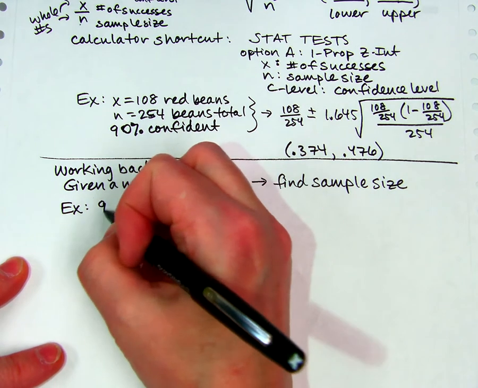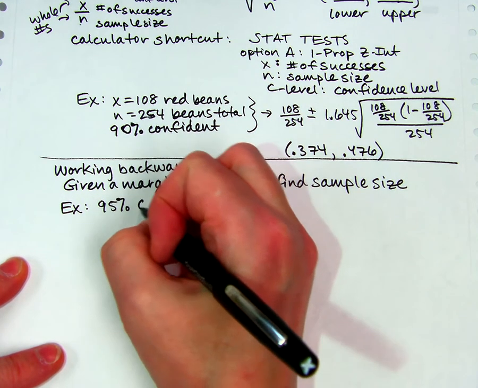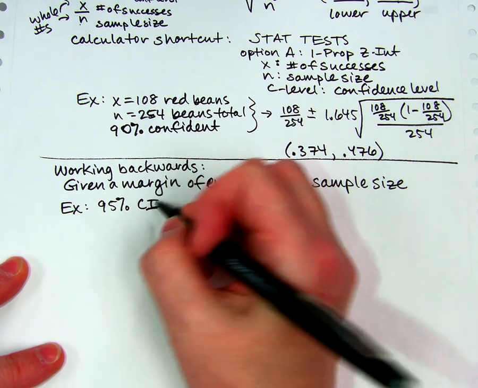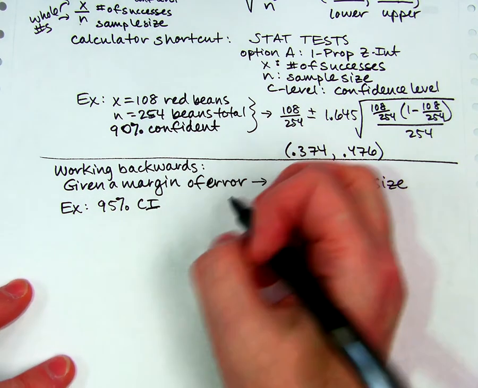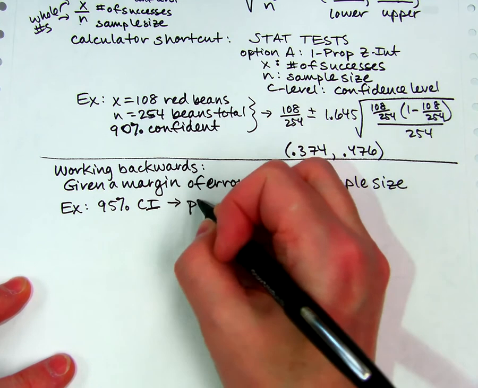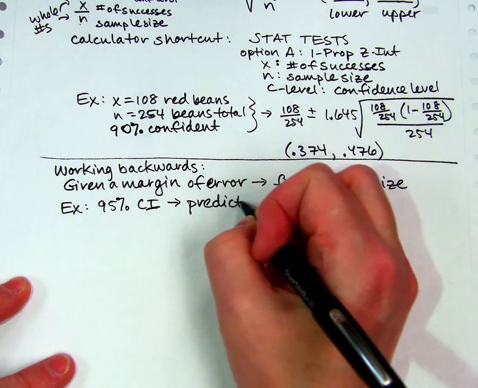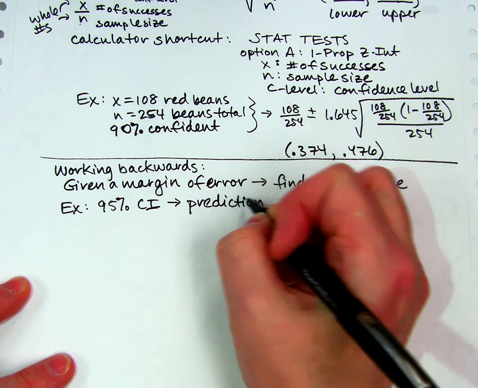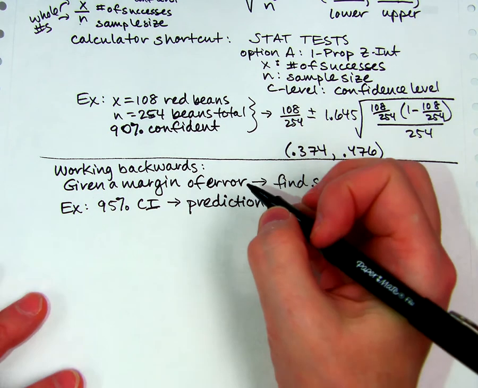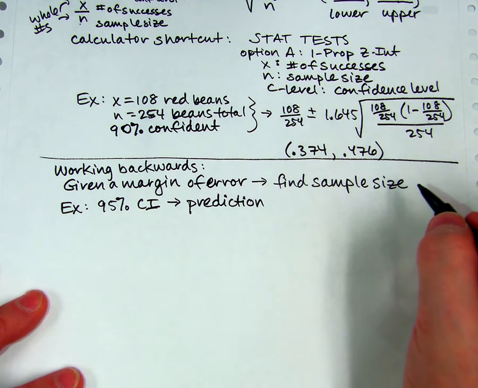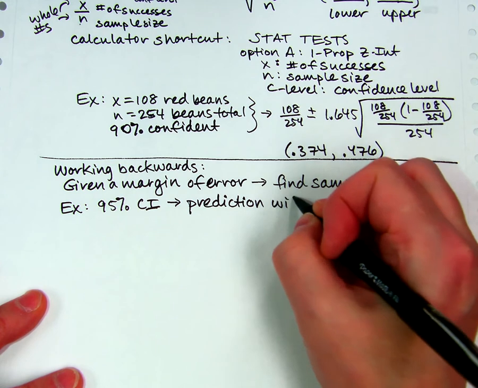Let's go to 95% this time. We want to do a 95% confidence interval for some proportion that we have not estimated yet. And we want our prediction to be pretty close to the true thing. And a lot of times there's some legal reason why we need to be within a certain value, or, you know, we know how close we want to be. Let's say we want to be within 4%